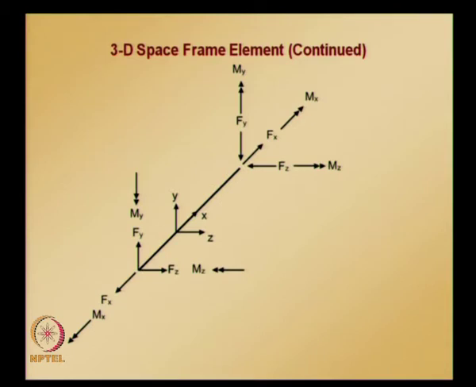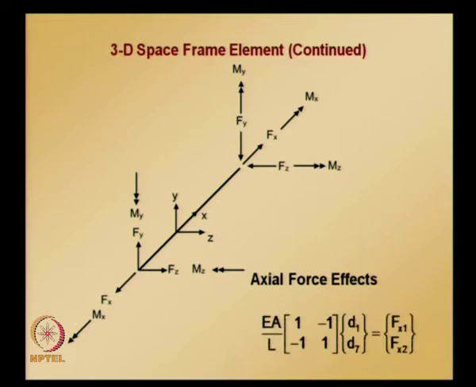So now let us see what the axial force effects are. Axial force effects you are familiar with, it is given by this equation, except that we need to include the degrees of freedom and forces corresponding to the axial effects. So using those we get this equation,